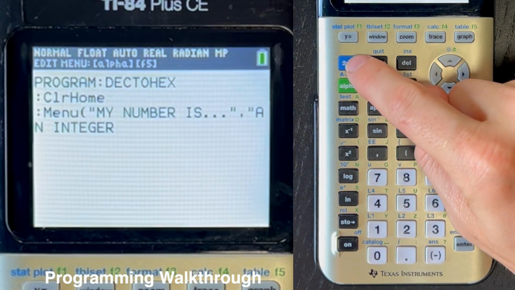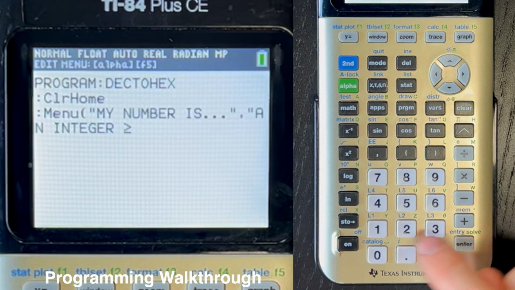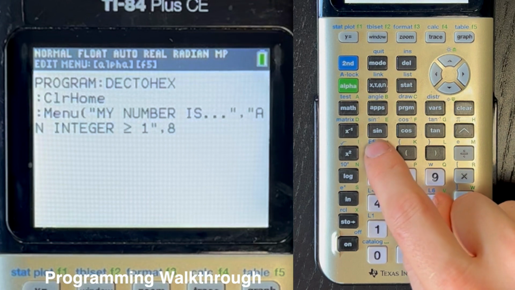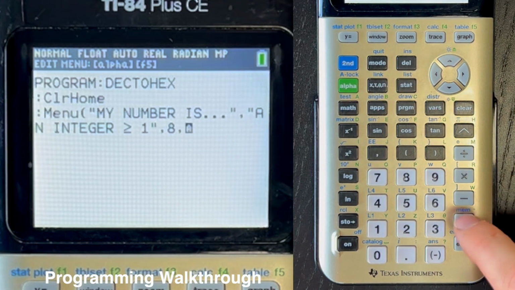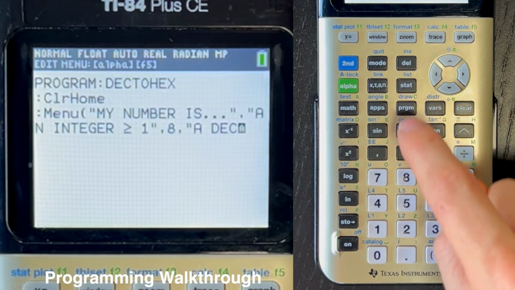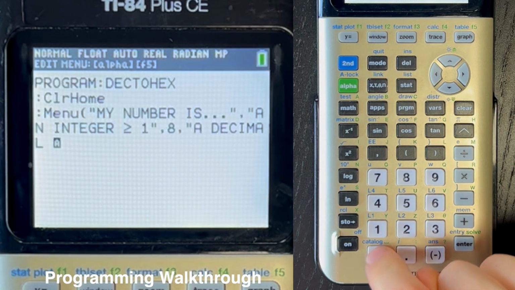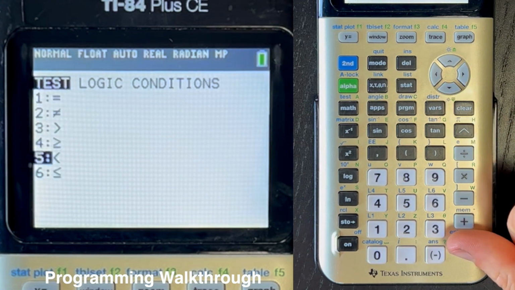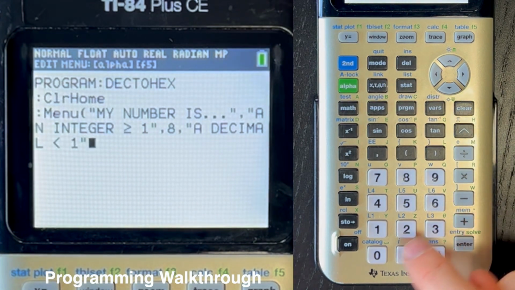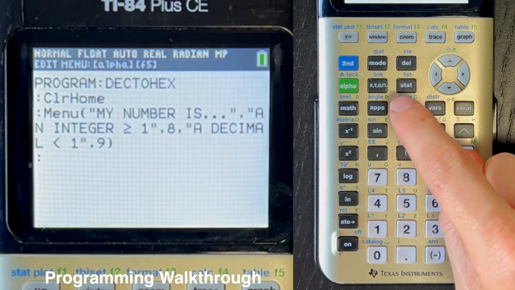space, and then second math key will bring up these logical symbols, and we want the greater than or equal to, and then space 1, and then close the quotes, comma 8, comma, and then open quotes, a space decimal space, and then second math again, and then less than space 1, close the quotes, comma 9, and then close parentheses, and then hit enter for a new line, and then program,